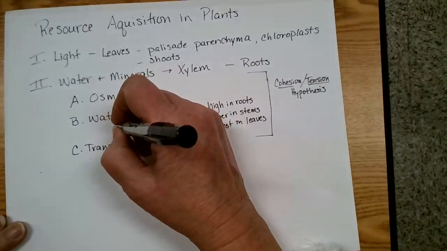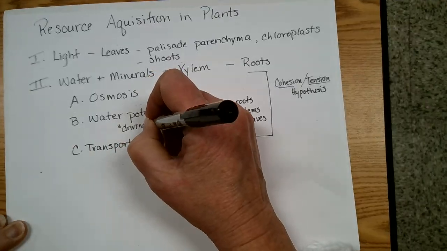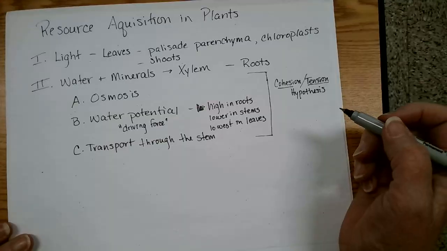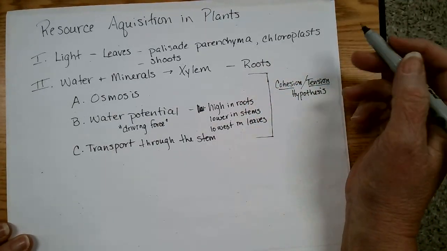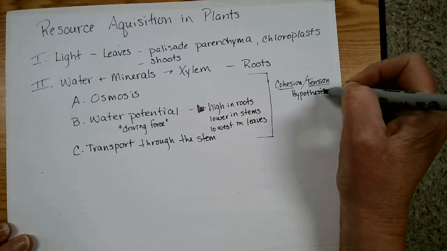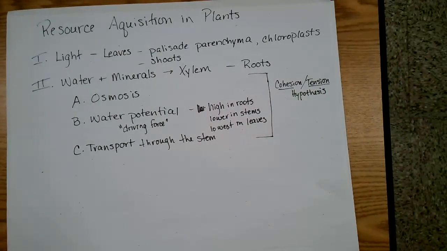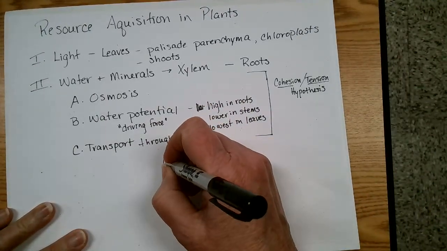So think of water potential as the driving force. But that driving force has to have a road to go along, and that's the inside of the xylem walls. That's where the cohesion tension hypothesis comes through, and that's how transport through the stem goes, so that water can go from one place to another. It takes a long time, but there's also one other thing I want to talk about, and that's the cell to cell